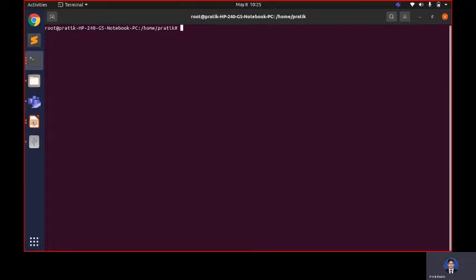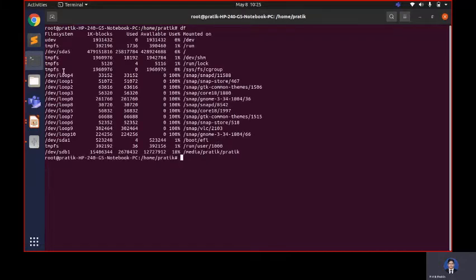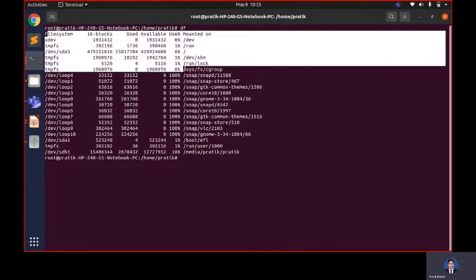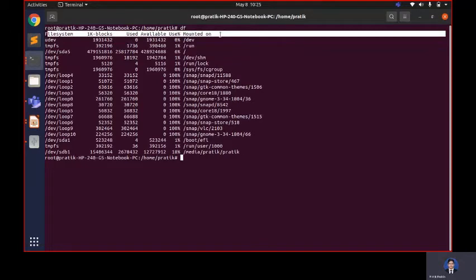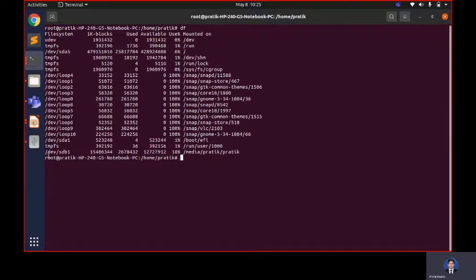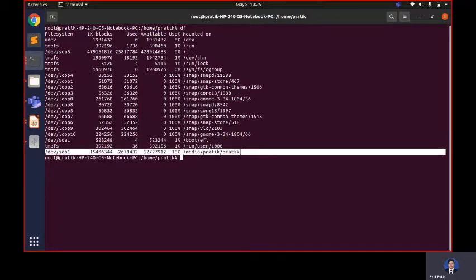First we will specify the disk and then create its image. Let's check, using the df command, what file systems are available in the disk. df means disk file system. These are the file systems, and this is the column in which they have specified the different values in this table: file system, block size, used size, available block size, use percentage, and mounted on, which is the location. So I am going to target this file system.